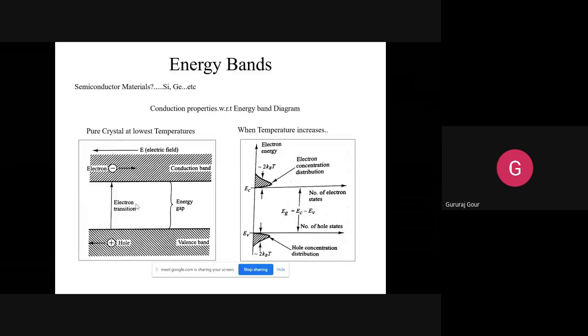So at the lowest temperature, with the available temperature, some electrons change their positions from valence to conduction band, residing with a negative charge in the conduction band and leaving behind the positive charge, or the holes, in the valence band. Like that, a set of negative and positive charge carriers forms in the conduction and valence bands respectively, separated by the band gap. This is how it is formed.